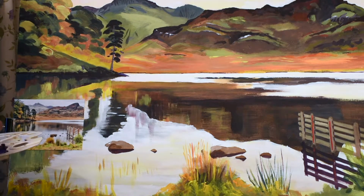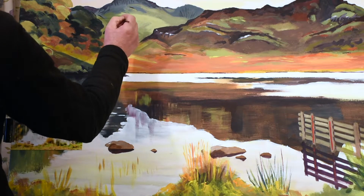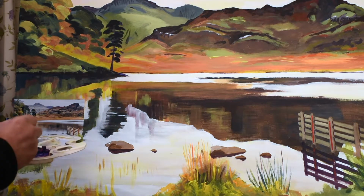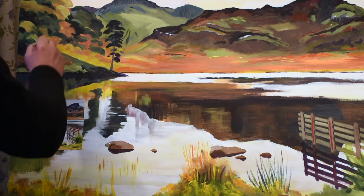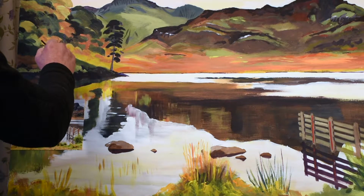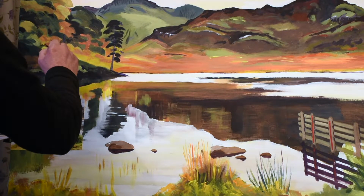And I'm still using the red and blue mixture, nice and dark. It's on top of a green, which seems to work as a silhouette. Now, some more tree trunks. We have one coming down from here all the way down into the bank,